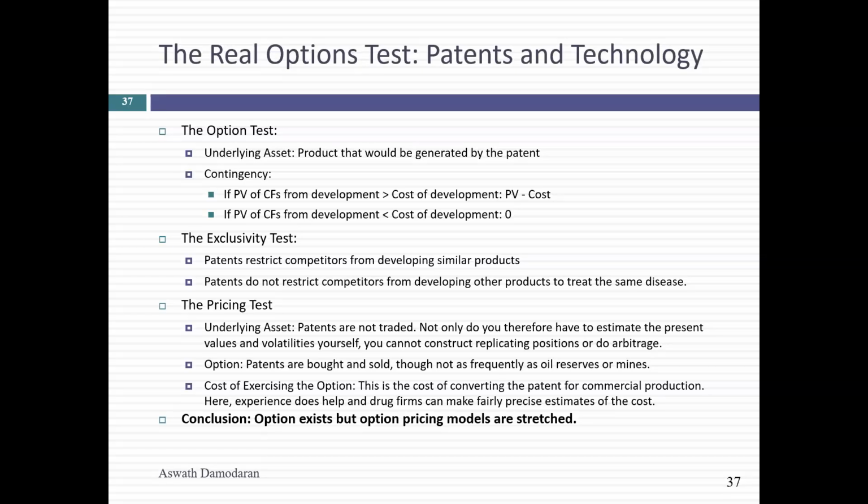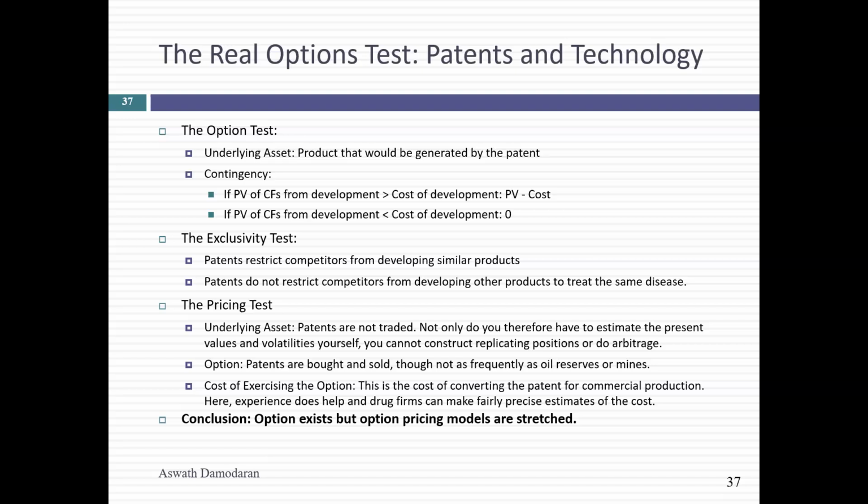Today I want to continue our discussion of real options. First, I want to make sure everybody is clear about what has to be true for patents to be an option. You have to have legal protection against competition, but remember, the competition you're protected against is only on the products that emerged from that patent.